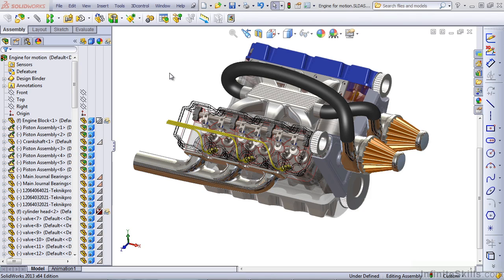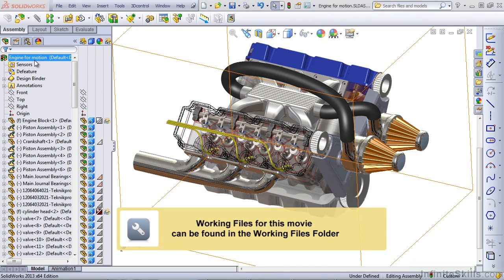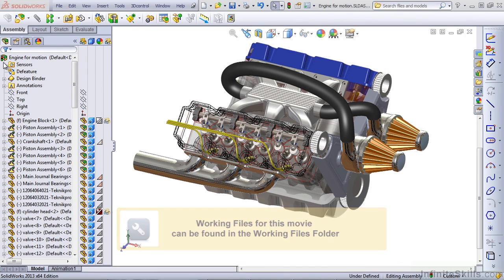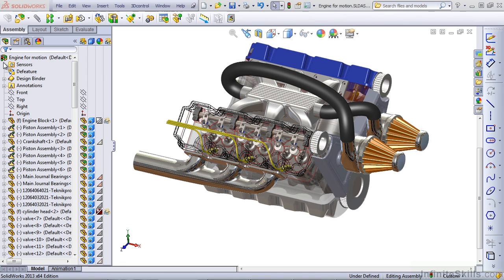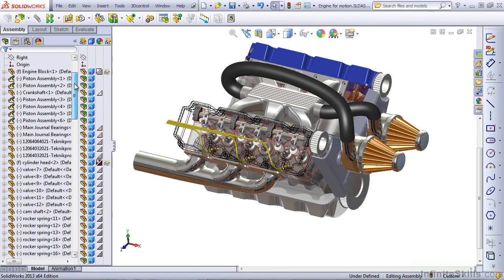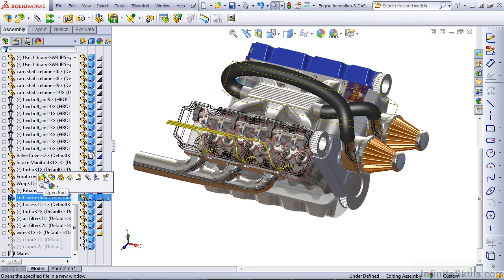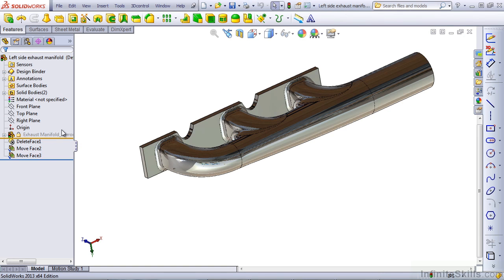In this lesson, we're going to talk about the sensor functionality. Before we can get to the sensor, we're going to have to discuss this rebuild symbol that you've seen at the top of the engine motion assembly since the beginning. If we look into this, we find that the rebuild symbol is caused by a rebuild symbol that's on one of the parts. And if we open this part in its own window,